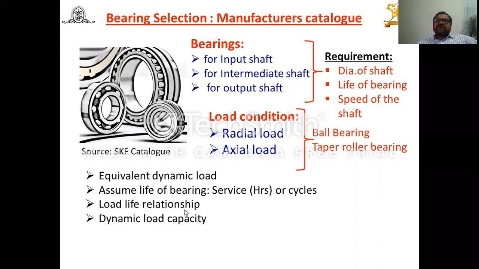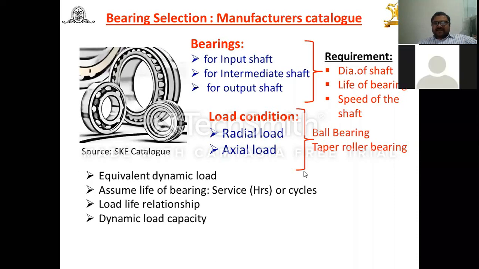And once you know the dynamic load, you can refer to the catalog and check it. Calculate the dynamic load and check the selected bearing for 25 mm diameter out of those 4 options, whether it is within the limit or not. The calculated value of dynamic load should be less than that given in the data book or catalog. Then you can say your selection is perfect. Otherwise, you can select another option: light duty, say medium duty, or go for heavy duty. Likewise, you have to do the selection of the bearings.